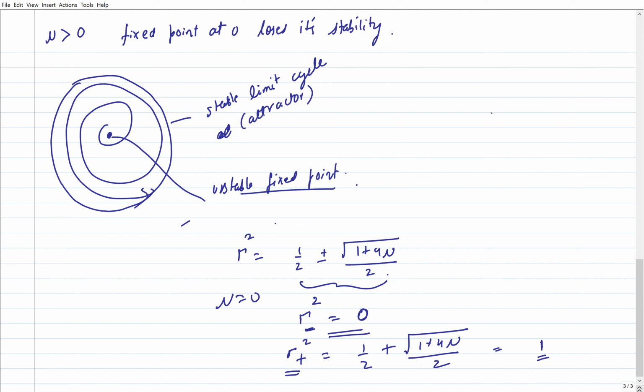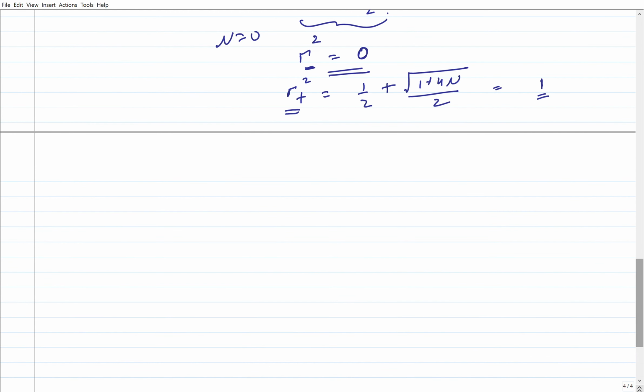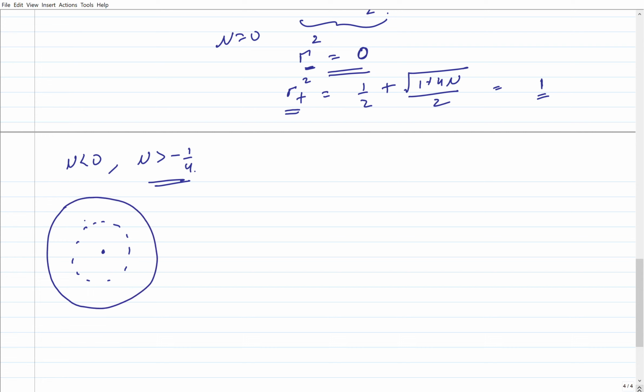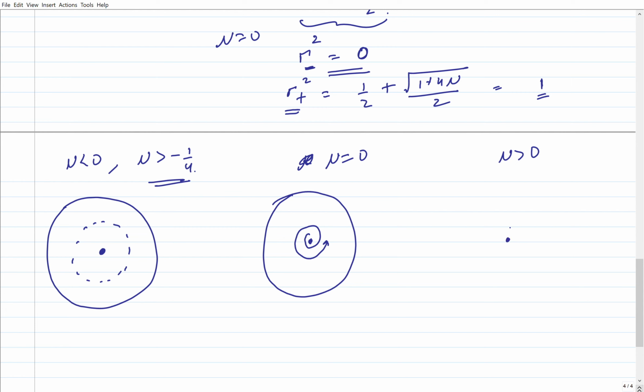So as I am cranking up mu, from mu less than 0, I had mu less than 0 but mu greater than minus 1 by 4. That was the time I had 3 people in town: the stable fixed point, the unstable limit cycle and the stable limit cycle. For mu equals to 0, this attractor collides with the fixed point and makes it unstable. So I have this unstable fixed point and I have this guy, the stable attractor. And this sort of feature persists